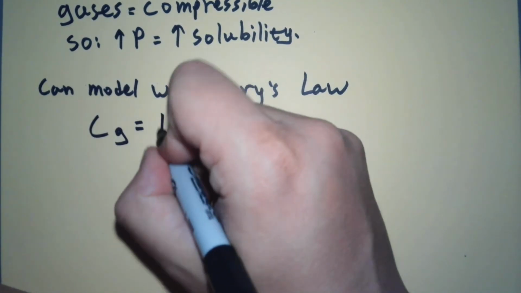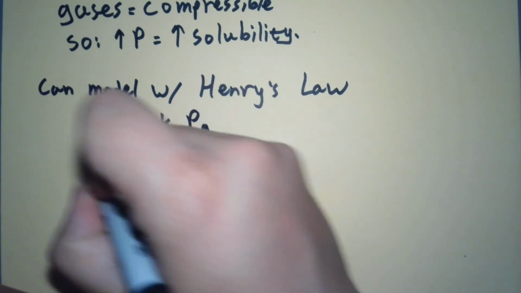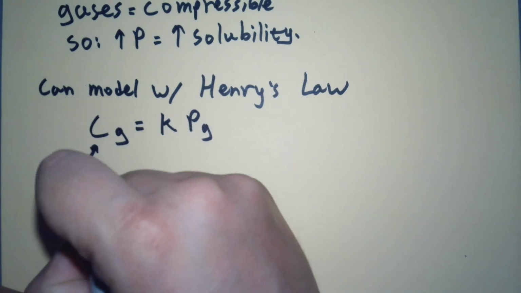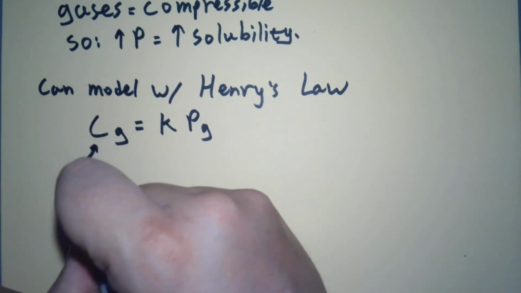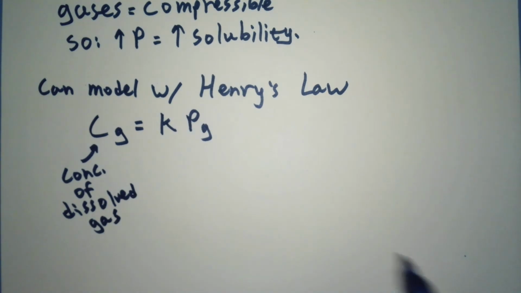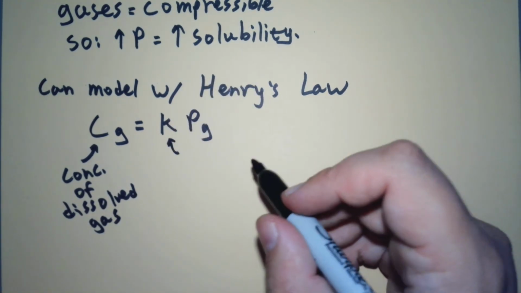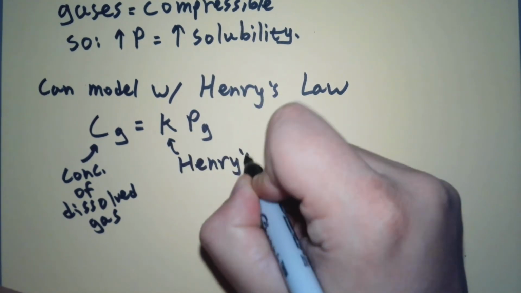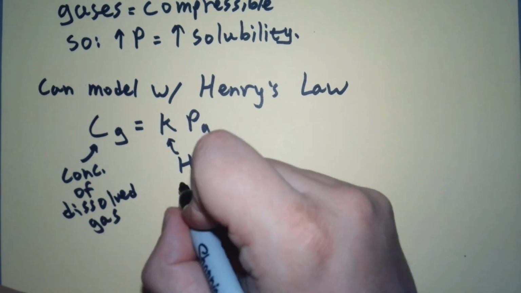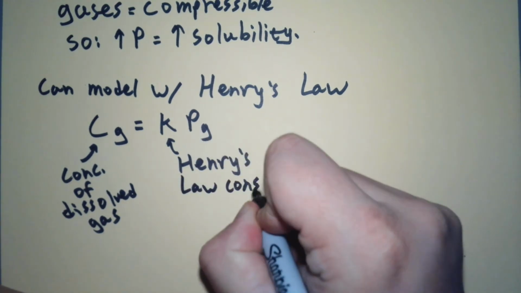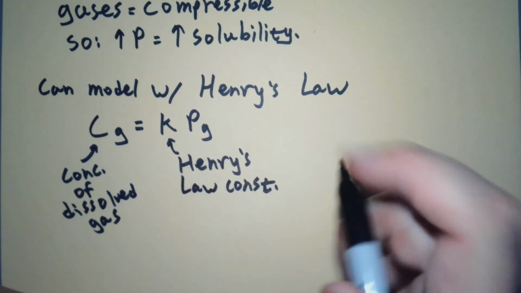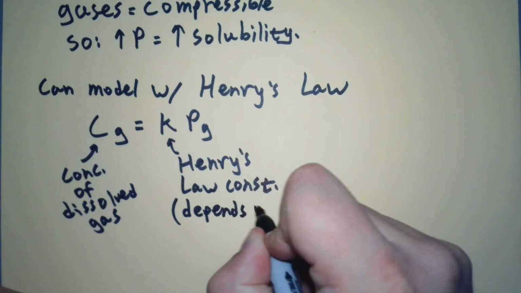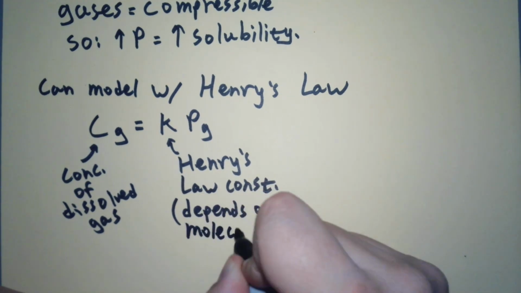So, here's the formula. We'll break down the pieces. This is our concentration of the gas that's dissolved. K, can't spell constant without K. This is Henry's law constant. Sometimes it's known as K sub H. And that's going to depend on the gas, what molecule it is, and